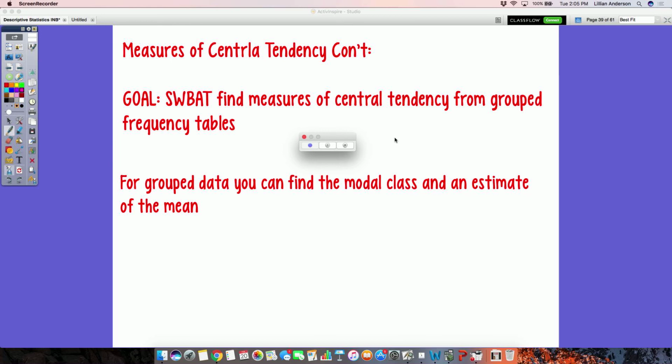All right, so again, measures of central tendency continued. This is on page 51. We are going to be talking about how to find the mean, the median, and modal class with group frequency tables. Unlike what was on that reddish color foldable that just dealt with regular frequency tables, not group ones,